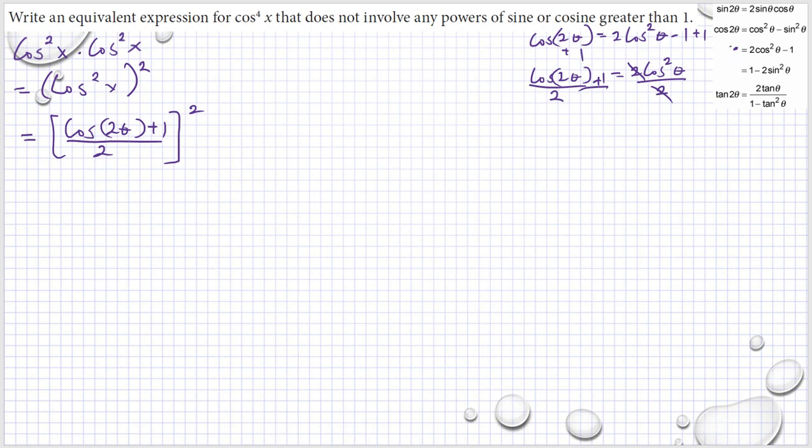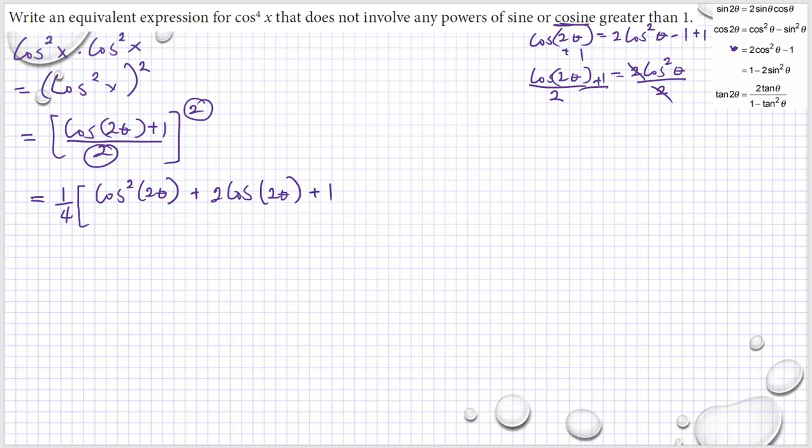Why do I use this formula? Because I need to have powers of cosine not greater than 1. Right now I have 4 powers of cosine. Now I have only 2, as you can see here. I have 2 here, so I need to remove that also. Okay, and if we expand this, we have 1/4 now. As you can see here, this one will become 1/4. And we have cosine squared 2 theta plus 2 cosine 2 theta